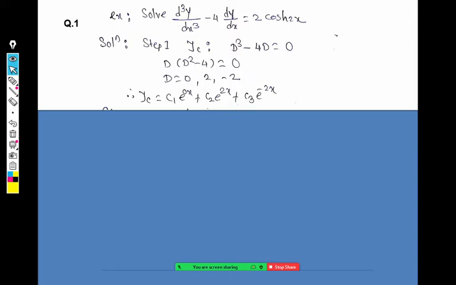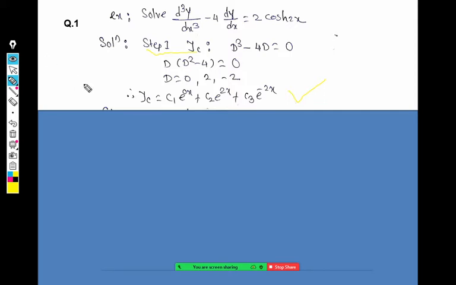Even though the method is a shortcut method, or we say undetermined coefficients, for getting yc we have to do that same calculation. There is no excuse for yc, so we have to find yc for each and every method. So yc is exactly similar, and that is the same here. But for undetermined coefficients, we have to select a trial yp. Can anyone tell me what should be a trial yp?